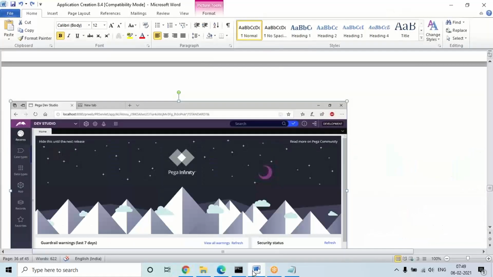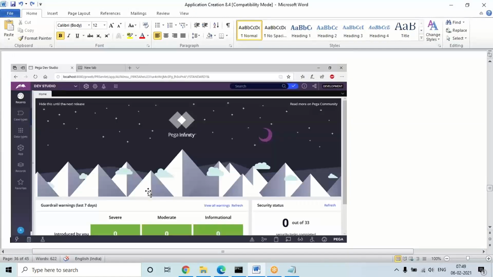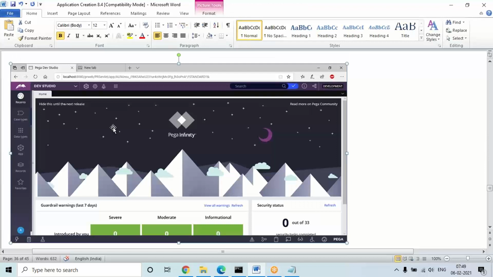And what you need to do is just log off. So after your application is generated, just click on done. 1 second. So click on done. After you click on done, it will go to the user defined framework, or the framework application. So once it goes to the framework, right?